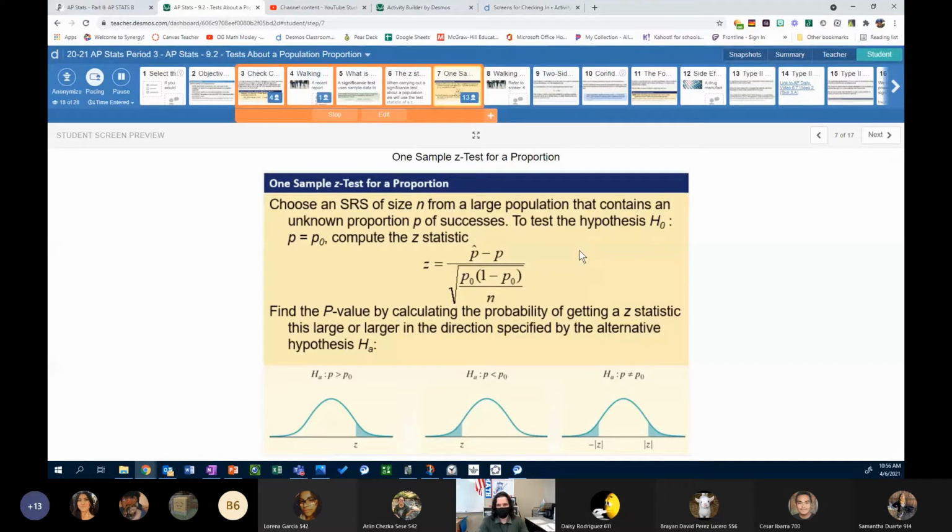Are there any questions about the first couple things we're reviewing here, conditions or this one sample z-test for proportion? All right, so we're going to move forward